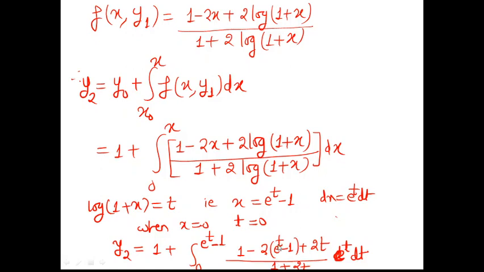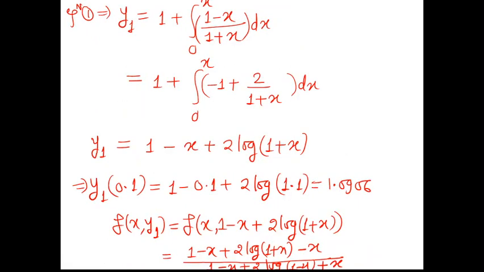So it means that the second approximation to the solution is not possible. Therefore this process ends at the first approximation only. So the value of y at point 1 is considered as 1.0906.